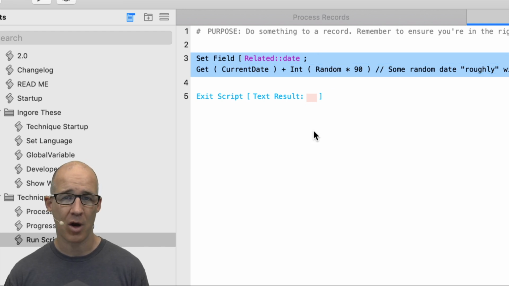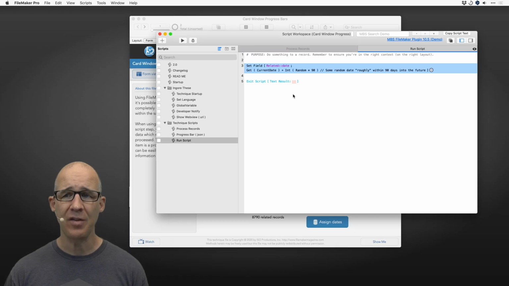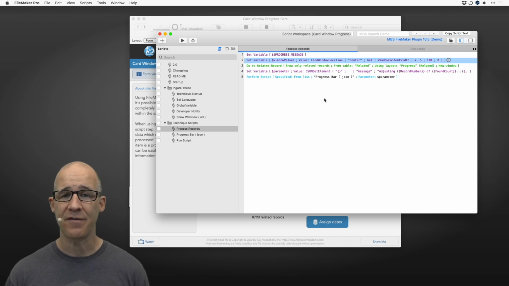If it was a lot more complex, then the script itself that's processing the records would probably take a little bit more time. Now, the reason that I'm drawing your attention to that is the fact that we are able to control the amount of time that the progress bar stays on screen. Watch this. I'm going to go